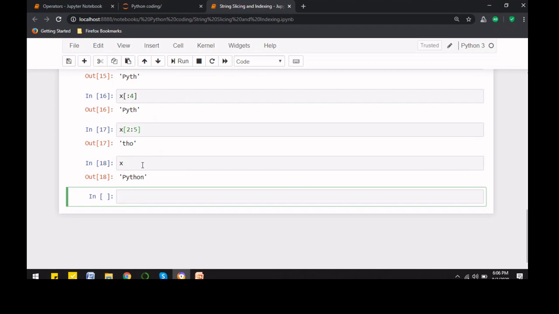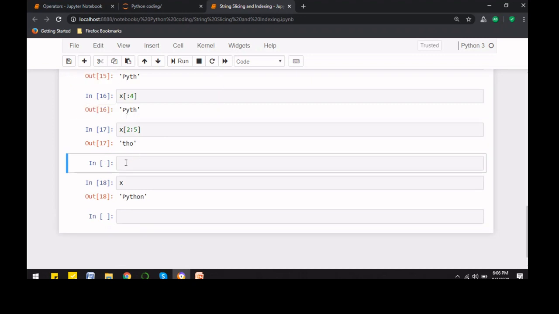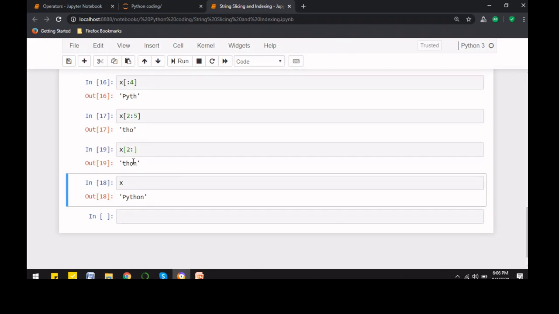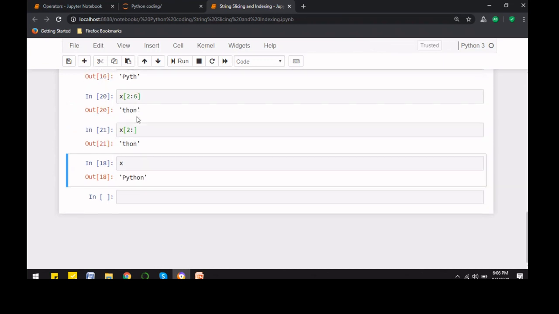Now there is one more way of writing this, as I have discussed earlier also. What if I write 2 colon, and I am not mentioning the end limit? It is also going to give me the same result. And see why we have a difference here, because 5 is excluded, so we have to write 6 here. So now both are getting the same result. So we will not write size minus 1, but instead we will write size here. Fine. So please correct this thing: it will not be size minus 1, but the total size.